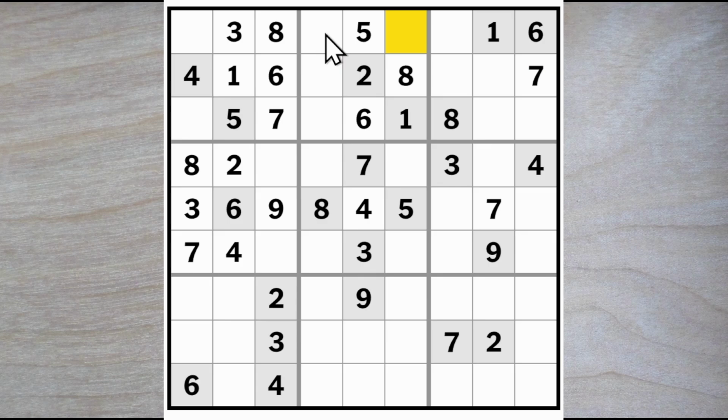Therefore, a 7 in one of these two squares. Now a 3, 5, and a 9 here. 3 blocks over, 3 up. A 3 could go in all of these 3 squares, so I think I'll have to wait a little bit with those. We still have our good old friends 1 and 2 here, and a 6, 5, 8 for these